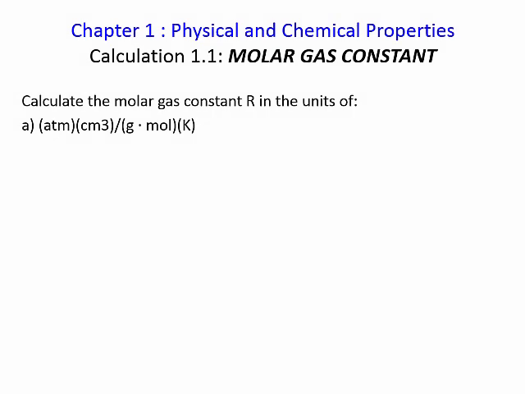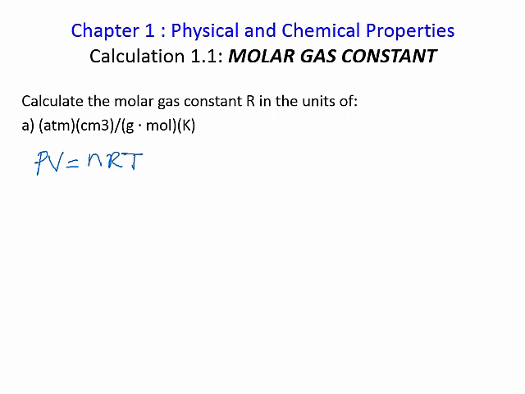Calculation number 1, molar gas constant in chapter 1. Calculate the molar gas constant R in the units of atmosphere centimeter cube per gram mole per degrees Kelvin. We start with the ideal gas law, PV equals nRT,